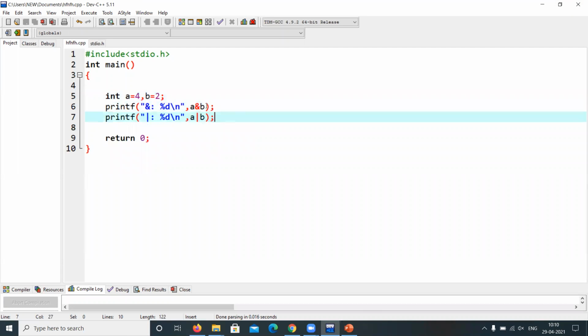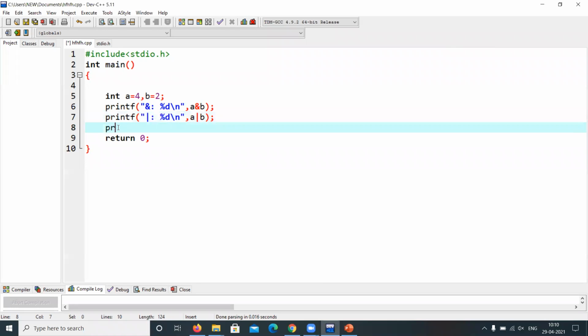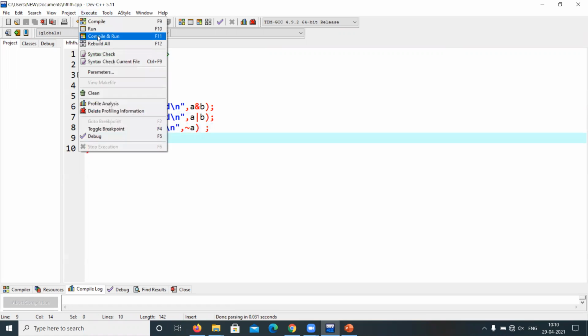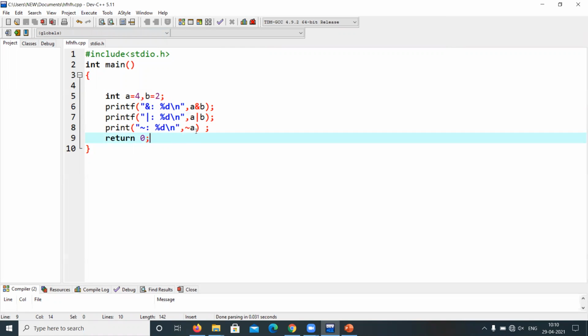Now let me show you the not. Not means negation of n, and the formula is minus n plus 1. Now see, negation of 4 will be how much? Minus 5. printf with percentage %d backslash n, and I am going to apply the negation to A. So negation of 4 will be minus 4 plus 1, which is minus 5.